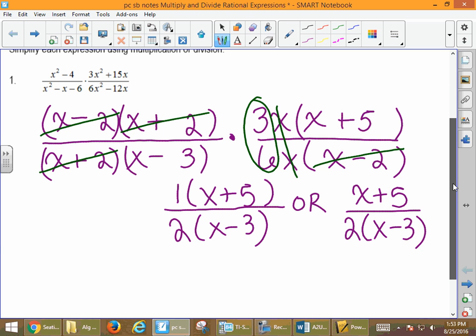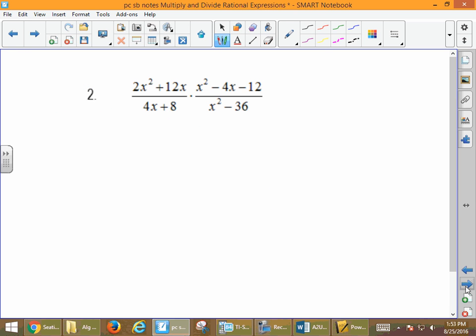So let's try another one. The process is still the same. What we're looking for is we're looking to factor. And then, do we have anything exactly the same on the top and on the bottom? We saw in that last problem that 3/6, that wasn't exactly the same on the top and the bottom, but we can still simplify. And as we look at our first fraction, our first numerator,